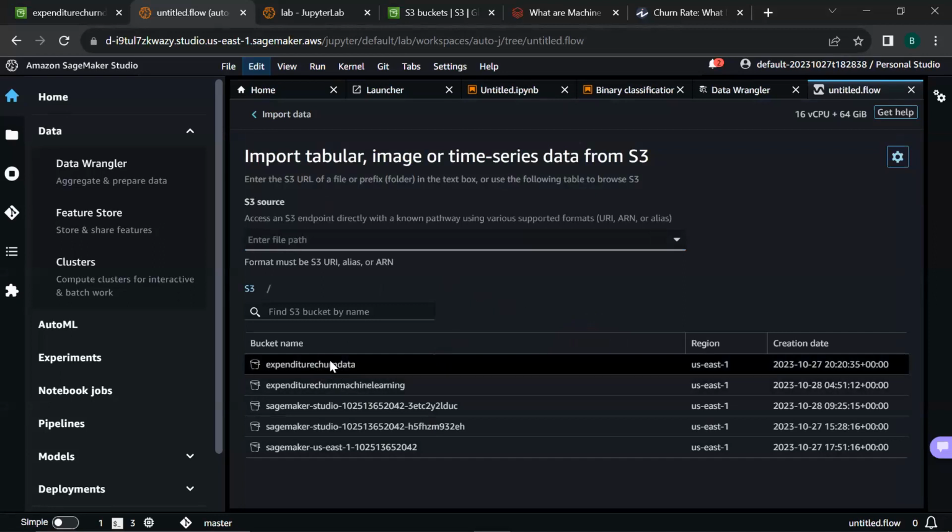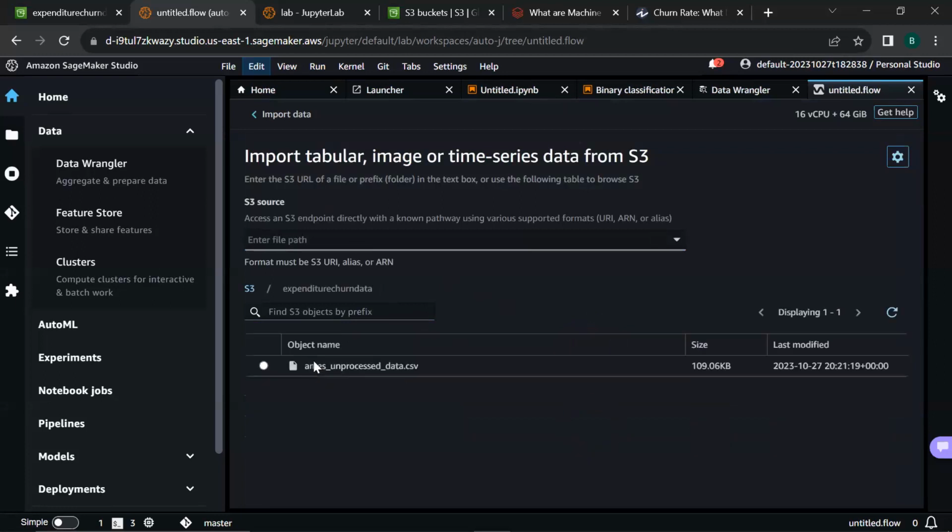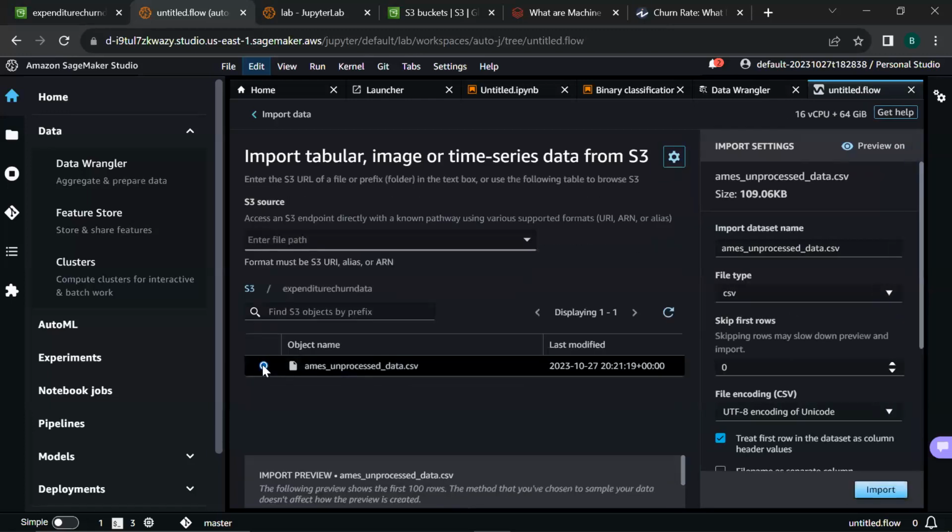Okay, so my computer may hang. Just double click on it, yes, and it's going to open that particular bucket, and you can access objects inside the bucket. So we only have one object called aims and process data, which is the data that you're going to use. So just click on it, check on this box here, and an option to import will occur.